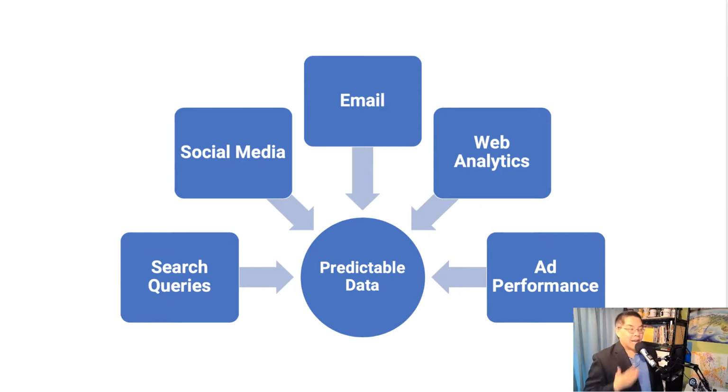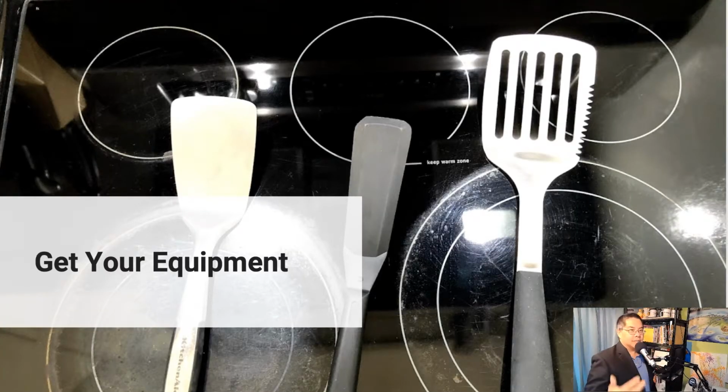The good news is, as social media marketers, as digital marketers, as marketers, we have no shortage of numbers and dates, right? We have search data, what people type into Google by day. We have social media data, tons of social media data. We have email data. We have web analytics data. We have ad performance data. We have YouTube data, podcasting data. You name it, we've got tons of it. So we're not running short on numbers that have dates attached to them. We just have to make sure that they're in good condition. So that's our ingredients, numbers with dates attached to them.